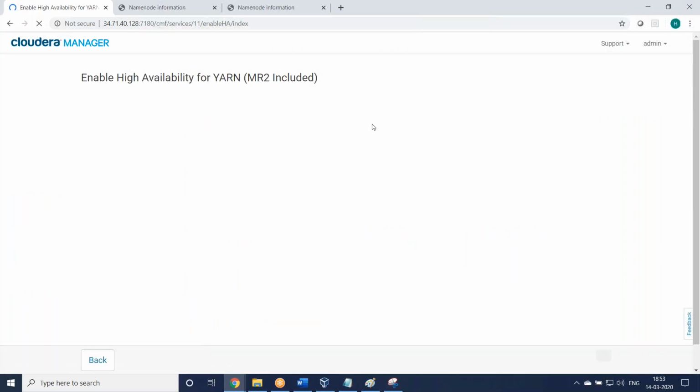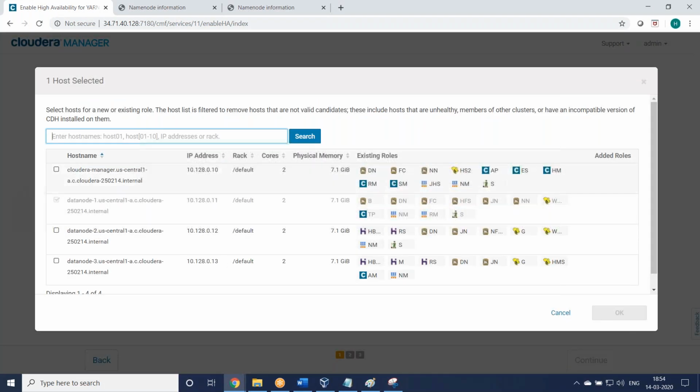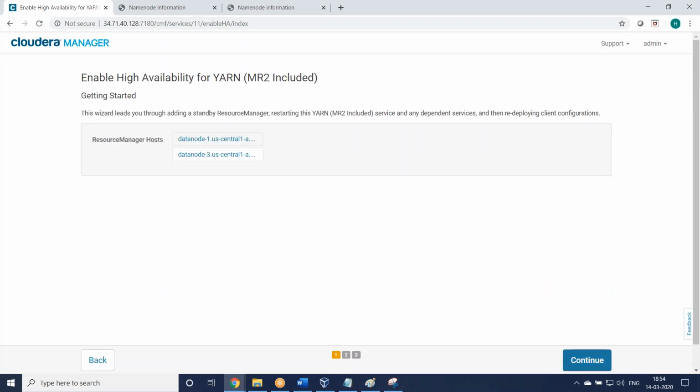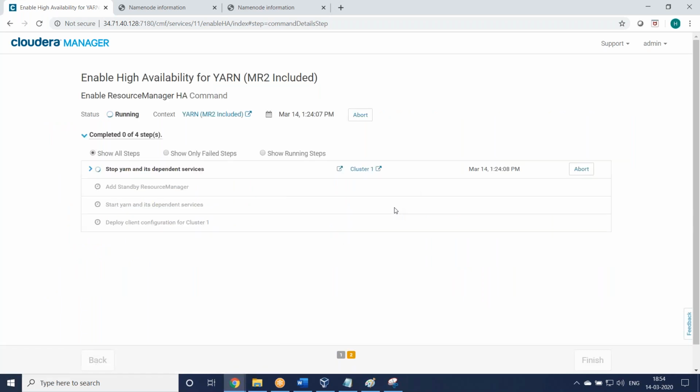Here, the current resource manager is data node 1. Select the second resource manager, whichever one you want to install on. I'll install on the last one. Okay, that's it. Continue. It will install. It will stop the resource manager, add a new resource manager, and restart both.